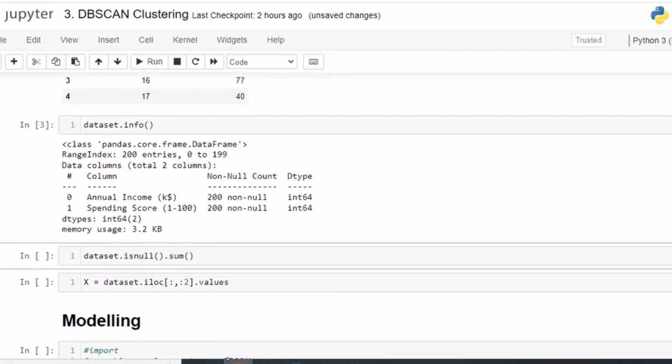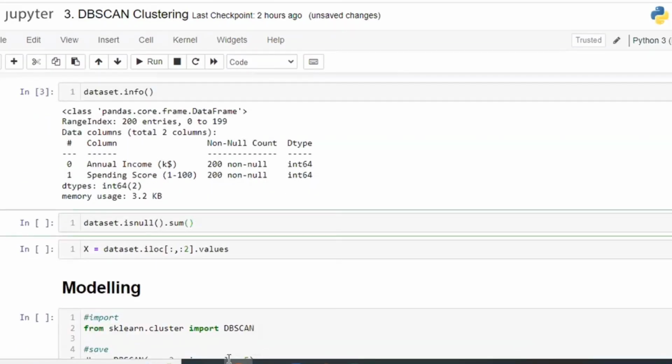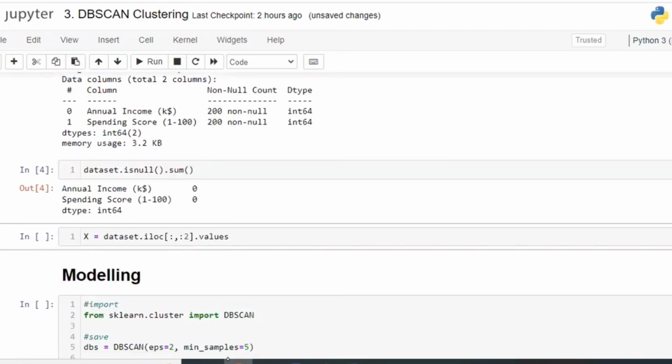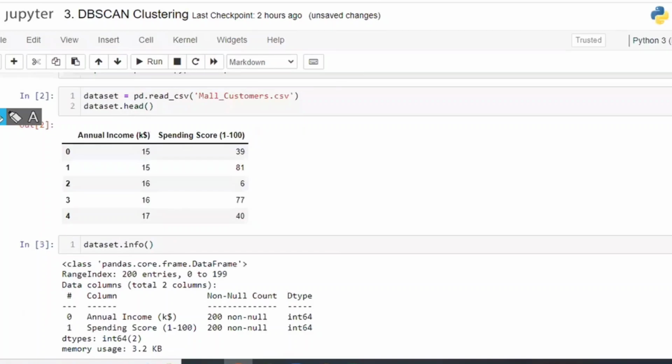If I check that data, it has 200 records with 2 columns, annual income and spending score. If you make a scatter plot, you see there are no missing values. You consider both columns, X1 and X2.